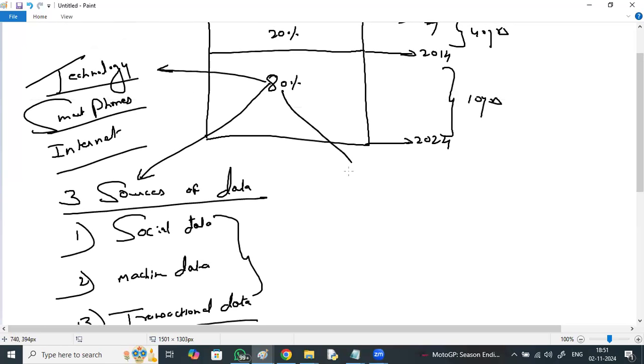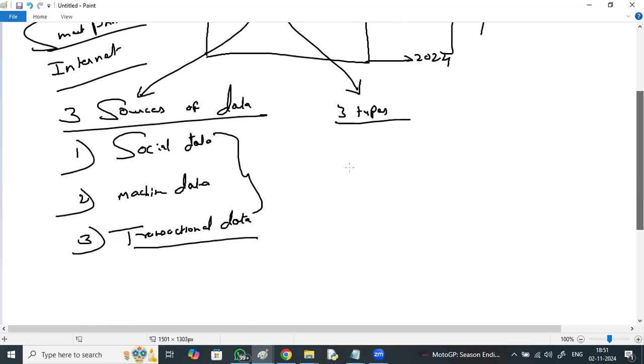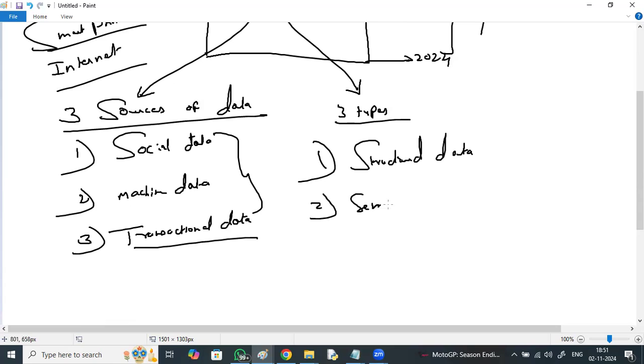And the types of data mainly occupy three forms: structured data, semi-structured data, and unstructured data.